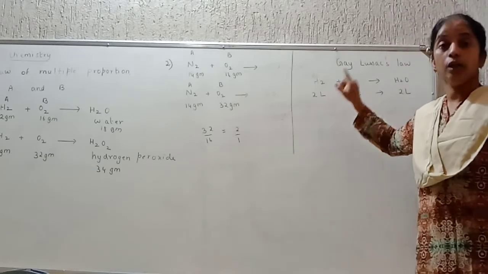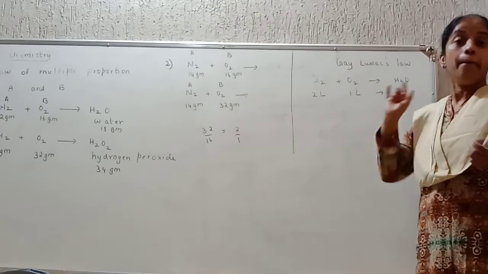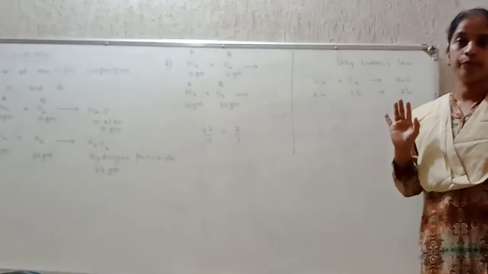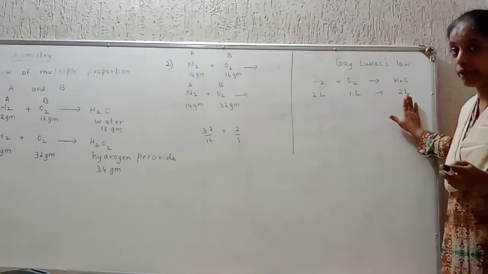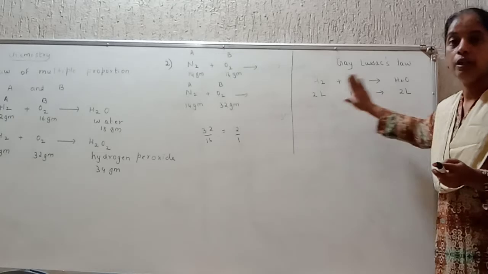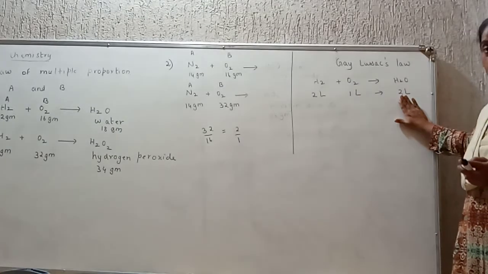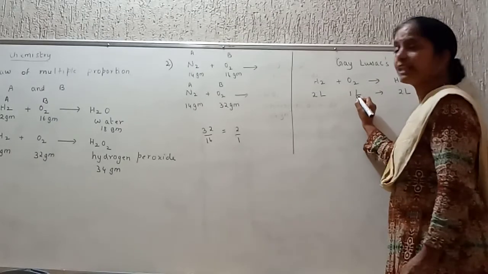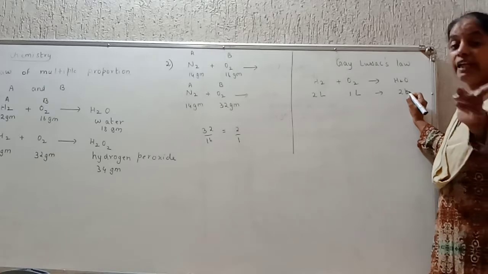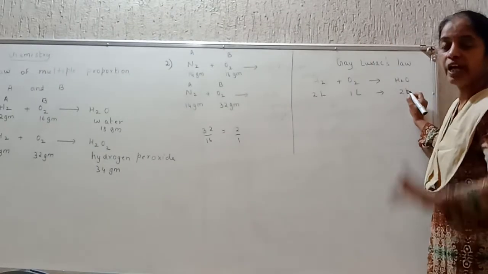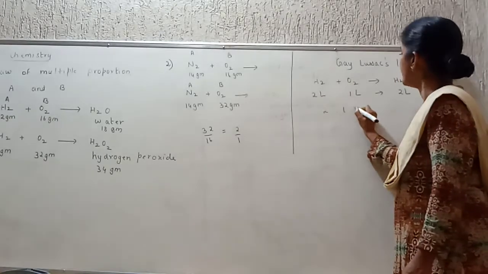When the gases react, hydrogen is a gas, oxygen is a gas, but water is a liquid, while water vapor is a gas. Water vapor is in gaseous form. For that, if you want gaseous water, that is water vapor, we require 2 liters of hydrogen to react with 1 liter of oxygen gas to form 2 liters of water vapor. Gases combine to form product. They are in a definite ratio by volume at the same temperature and pressure, meaning 2:1:2.